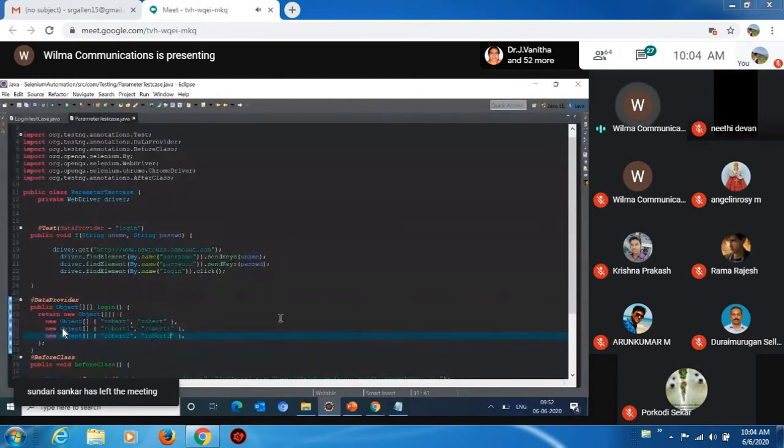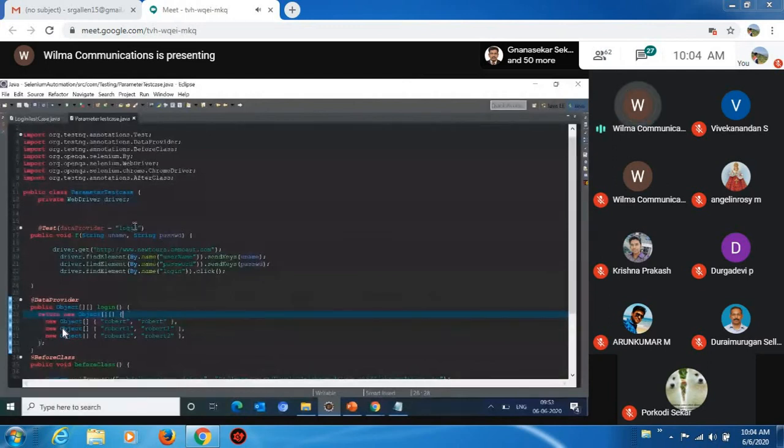So now if you see, when I run this program, Selenium will go to these two variables we have specified here. For this we have given the data provider name login, and automatically it will go to this particular data provider. And here we have specified three sets of input conditions. This is the first set, this is the second, this is the third. So I can say iteration 1, iteration 2 and iteration 3.